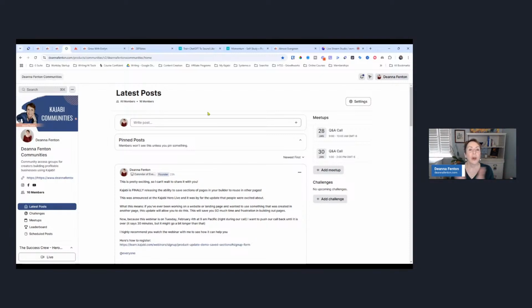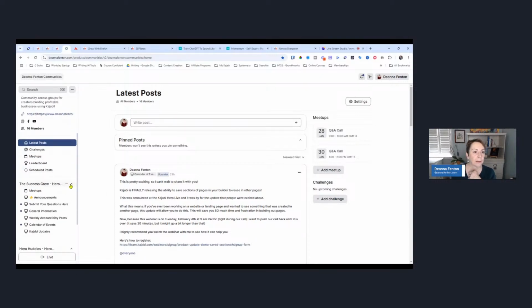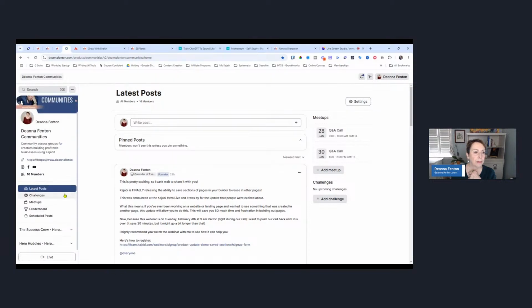All right. So a lot of you that are Kajabi users have been hearing about this new user interface. And here's the thing I really want to impress upon you. Functionality updates have not really changed. The only thing that has changed is how this looks. So right now in my community, I have 2 access groups. I'm just going to close these so you can see. The Success Crew and Hero Huddles. Because I'm logged in as the administrator, I am seeing both of them.